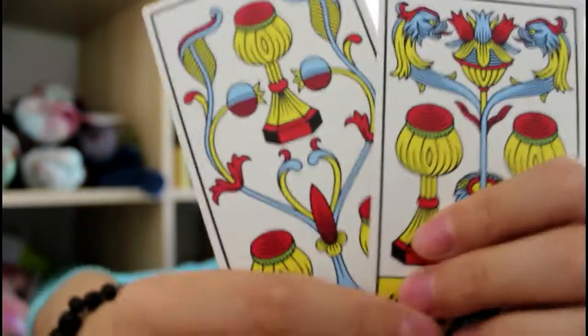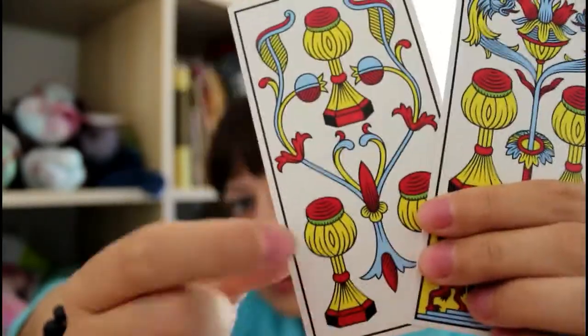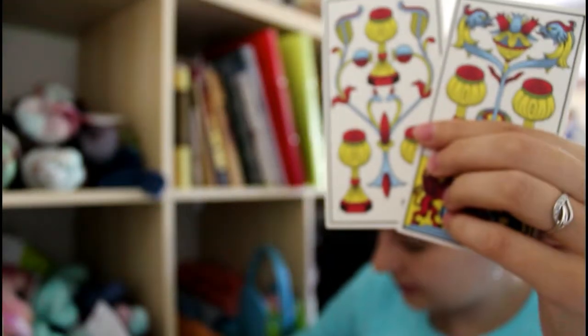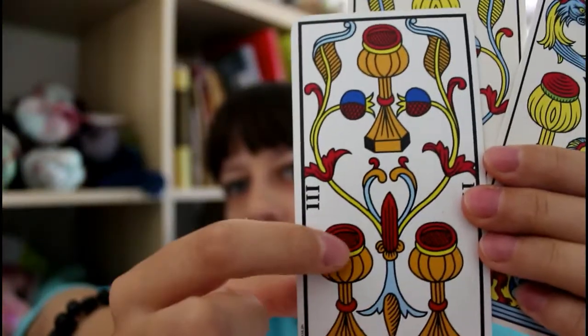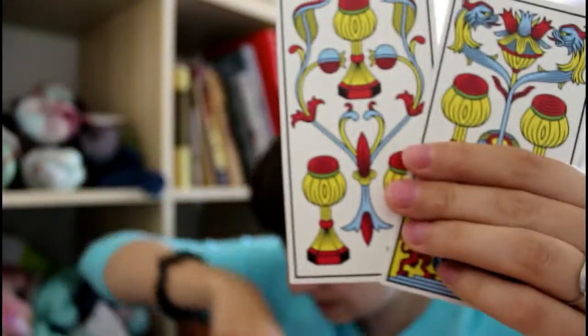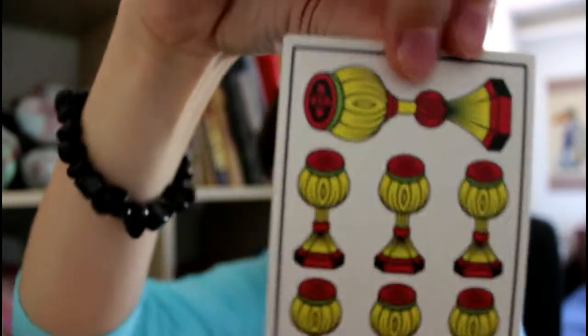Oh, about the caps. They are closed here. So they have caps on them, as opposed to many other decks, just like this one. Here they are open. You can see there's the inside of the cup, and here they are covered, all of them, except of course, well, in the Ten of Cups we have this traditional